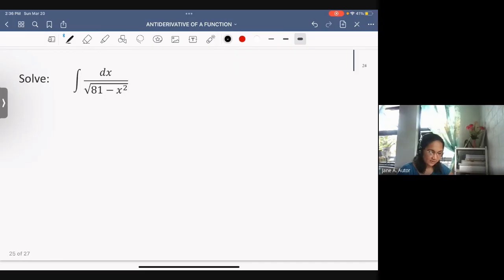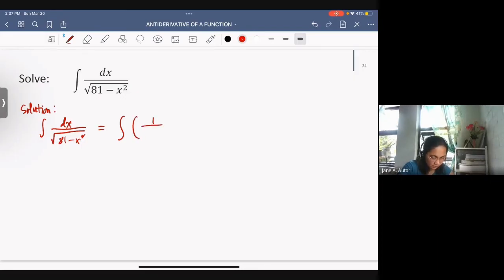For our next example, we have the integral of dx over the square root of the quantity 81 minus x squared. So for our solution, first is the same with what we do with the second example. We will factor out dx first. So this is now, let me copy first the given example. 81 minus x squared. So factoring out the x in this fraction, we'll have 1 over the square root of 81 minus x squared